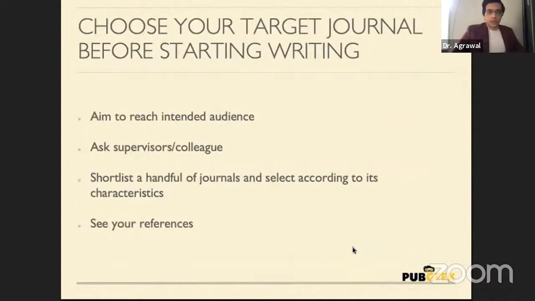Then after that, you need to choose your target journal before starting writing. You can make a rough draft of your article, definitely. However, because each journal has their own layout that they need, their own types of tables, their own types of figures, etc., it's best to identify maybe 2 or 3 target journals. Identify the most revered one where your chances of getting accepted are a little higher, maybe something with a relatively lower impact factor, but still indexed in PubMed,